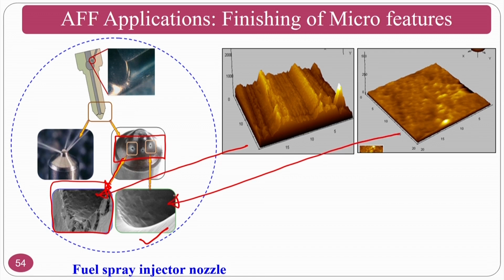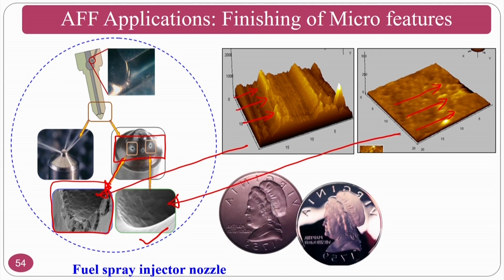So that if at all I have this smooth, the fuel flows very smoothly. Here, if fuel has to flow, there will be obstruction. That's why you have to polish the surfaces, and one of the techniques people use is abrasive flow finishing. Abrasive flow finishing uses polymer rheological abrasive medium, and exclusively about abrasive flow finishing processes and advancements and other things we will see in upcoming classes.